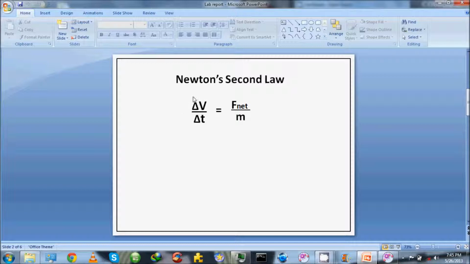In our case, as velocity is constant, which means that change in velocity is equal to zero, which in turn means that the net force acting on the system is zero. Also, the displacement vector can be given by this equation. As the velocity here is constant, this equation represents the equation of a straight line. So we can expect the displacement versus time plot of our observation to be a straight line.